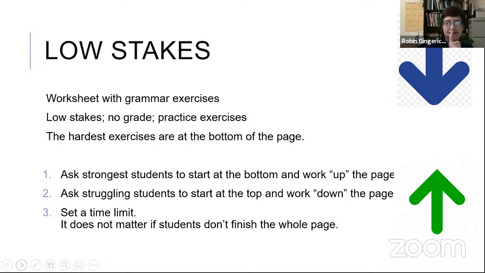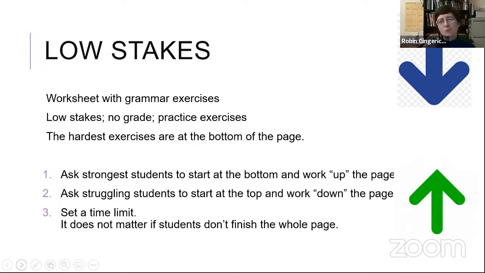Aha. I'm going to give different instructions to my students. I'm going to tell Greta and Grantes and Gerda to start at the bottom of the page and work up, because I'm pretty sure they can get those difficult problems, and I think they can do them. So I want them to start at the bottom. And they don't know why you're asking them to start at the bottom of the sheet. They just think you're randomly choosing, but you're choosing which students do what.